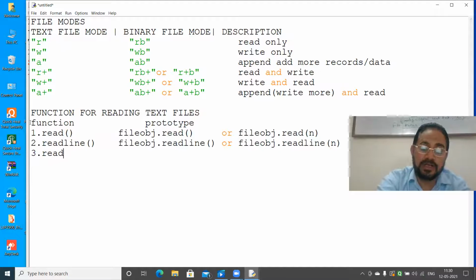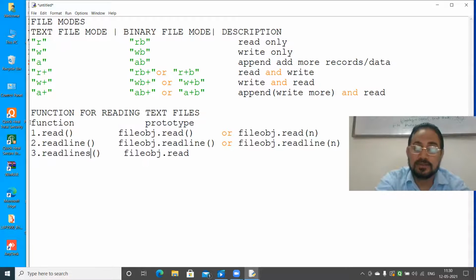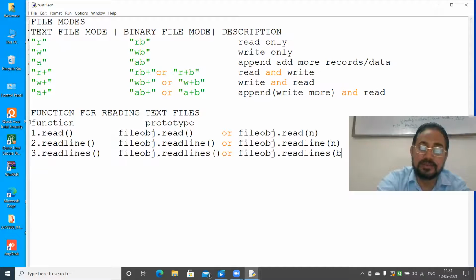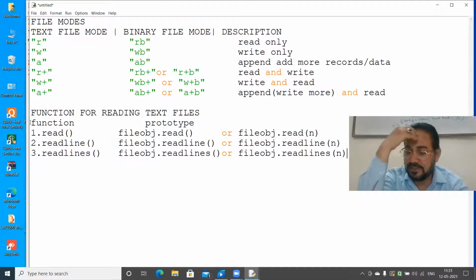Next is your readlines. And there is a difference. When you do the programming, you will come to know. The syntax, the prototype, is file obj dot readlines, and maybe you can also give n bytes here.